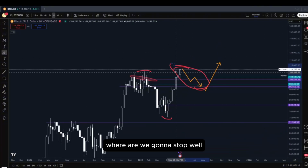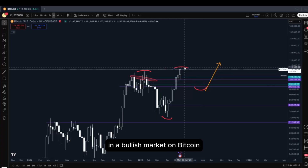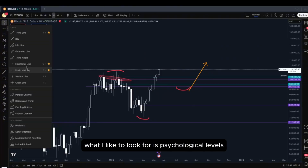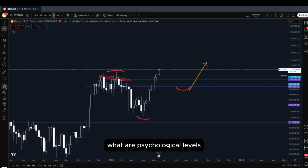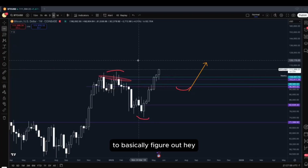Where are we going to stop? Well, you're basically going to be pushing new highs in a bullish market on Bitcoin, and basically what I like to look for is psychological levels. What are psychological levels? I like levels that are clean and flat to figure out where price is going. So for instance,